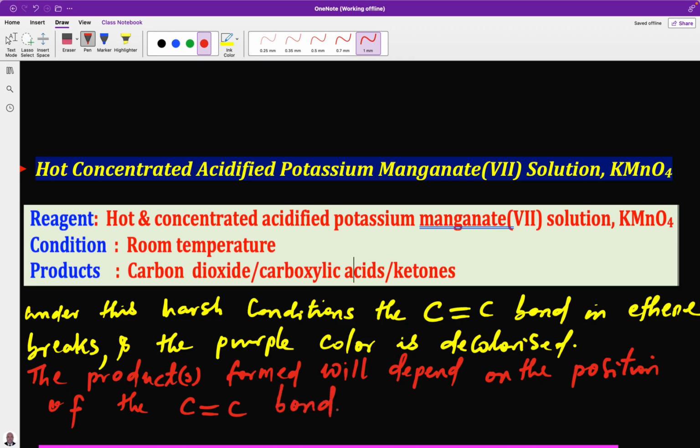So that is what happens when an alkene is reacted with hot, concentrated, acidified potassium manganate(VII) solution. Under this condition, the carbon-carbon double bond in ethene, for instance, will break. Then the purple color is decolorized. Then the product formed will depend on the position of the carbon-carbon double bond. For instance,